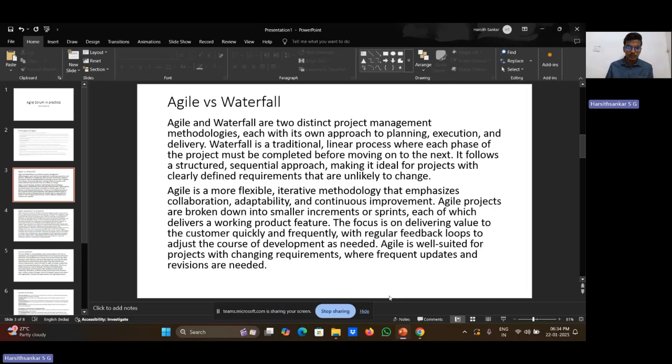But in Agile model, it's more flexible. It's an iterative methodology that emphasizes collaboration, adaptability, and continuous improvement. Agile projects are broken down into smaller increments or sprints, each of which delivers a working product feature. The focus is on delivering value to the customer quickly and frequently with regular feedback loops to adjust the course of development as needed. Agile is well suited for projects with changing requirements where frequent updates and revisions are